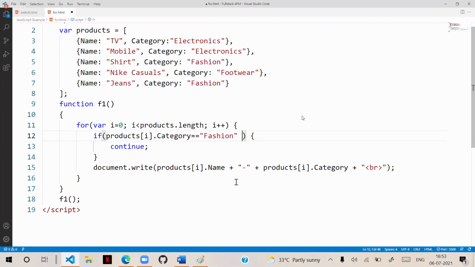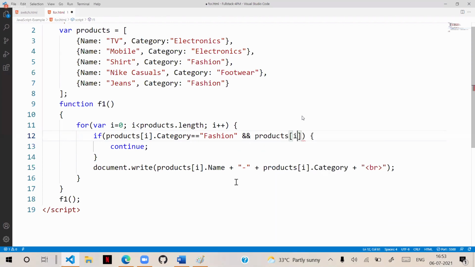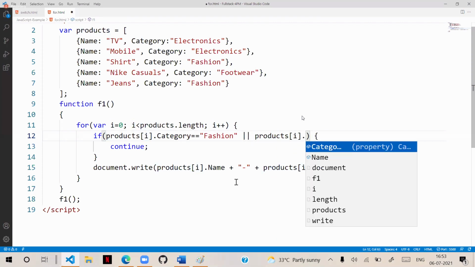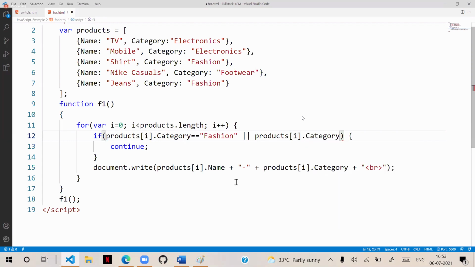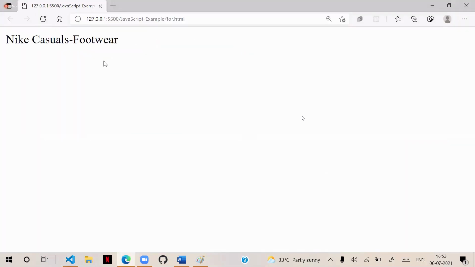Then we can use double ampersand, again products of i dot category is equal to electronics. I defined electronics. Then you can see that it is going to display only footwear.